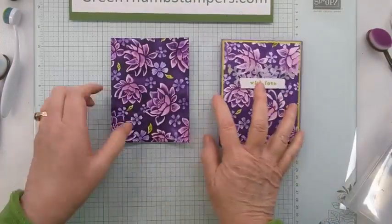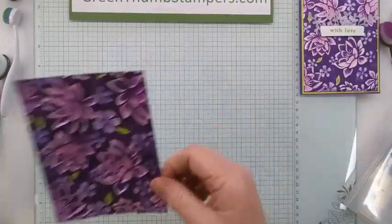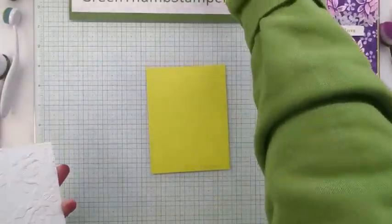And it just pops those colors right out of there. I love how that green on the leaf just pops right out of there. So let me finish this off and then I'll show you. Did I cut this down? I have a Granny Apple Green